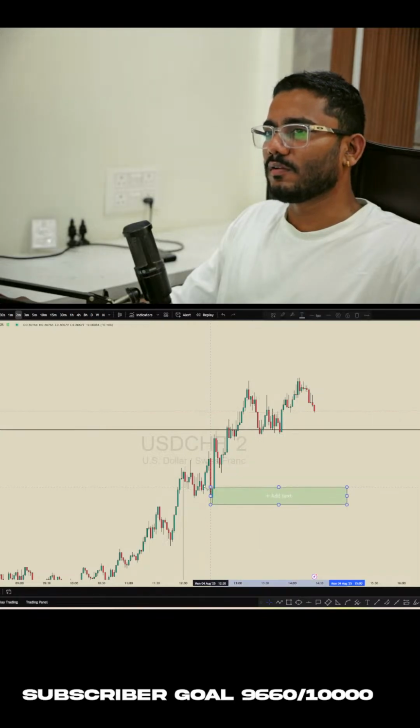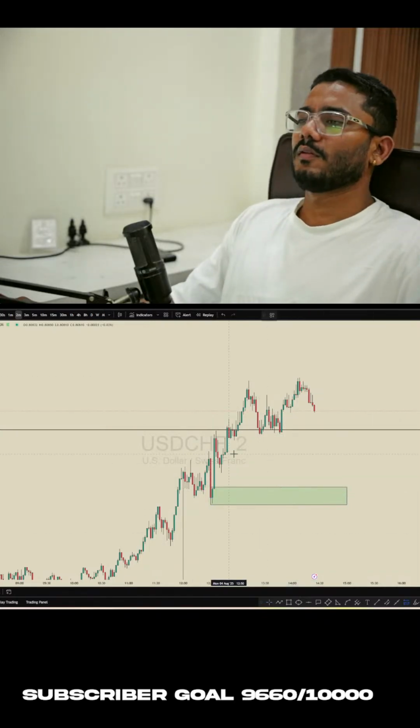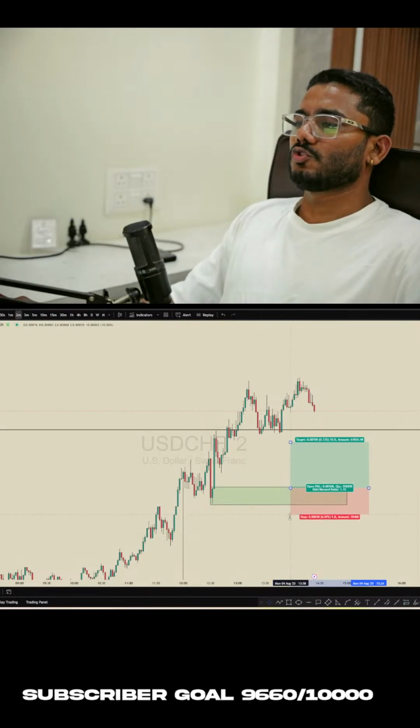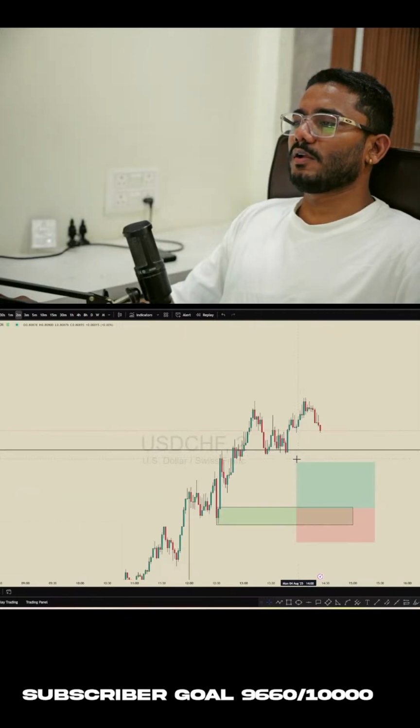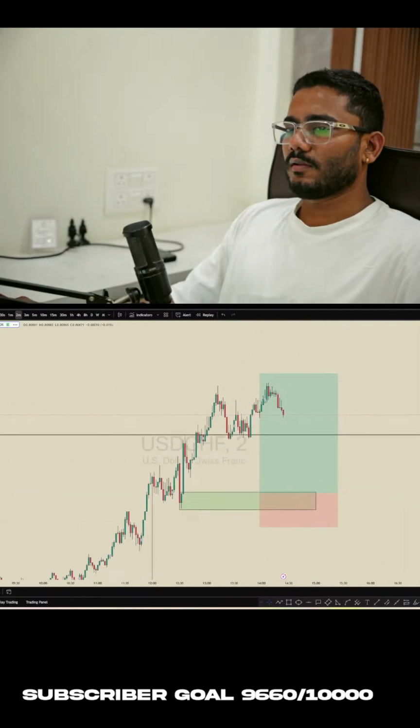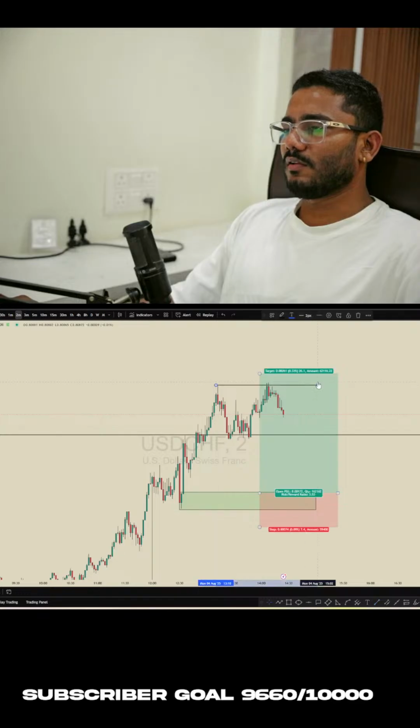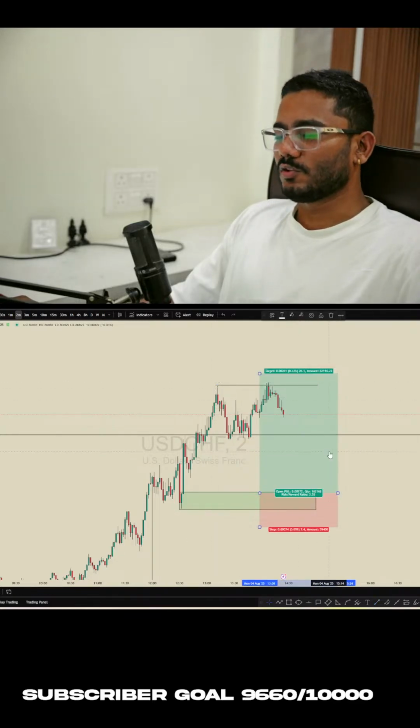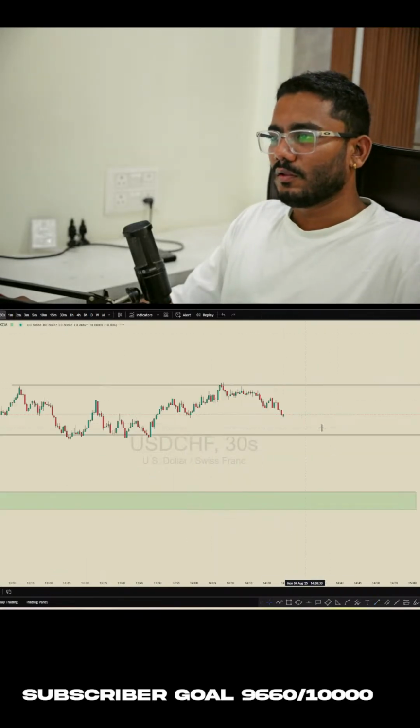So this is a 2 minute order block. Stop loss below this low. Next high will be a target. Next high will be this next high. It will be our target. 1:4. If you go to a lower time frame,